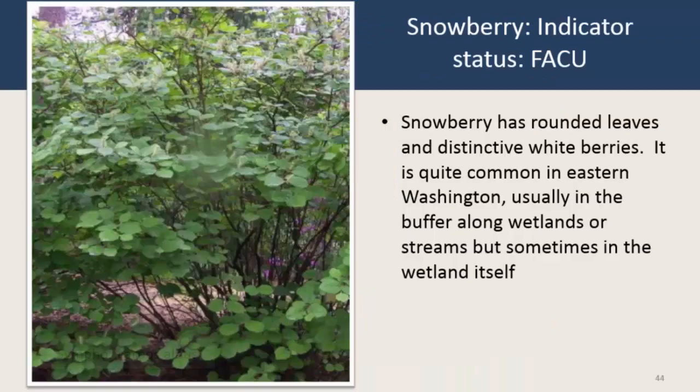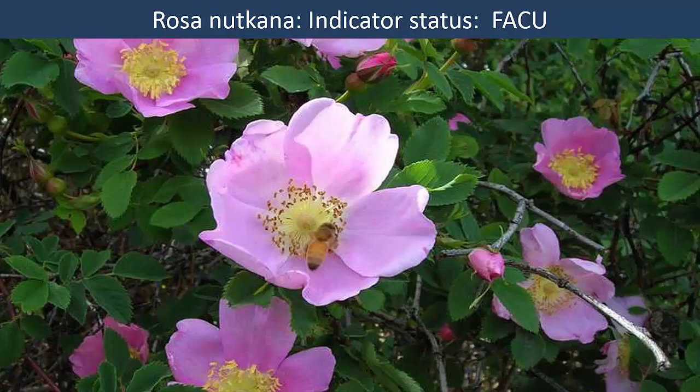The leaves of snowberry are arranged oppositely from each other on the stem. Leaves are usually oblong in shape, except sometimes on new shoots the leaves are lobed and look more like mittens or an oak leaf. Snowberry is often found growing near east side rose species like Nootka rose, bald-hip rose, or woods rose. Rosa nutkana is FACU and is one of the showiest and big-blooming native roses in Washington. The leaves are compound, which means that they have many leaflets on one leaf. And of course, there are thorns.